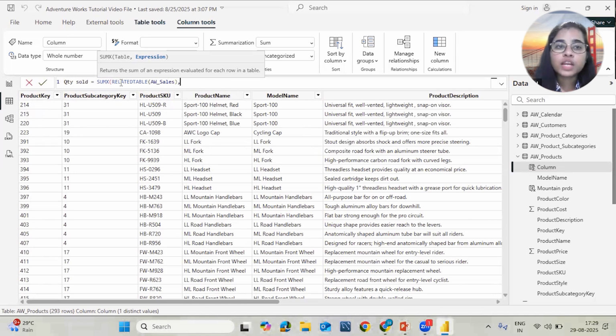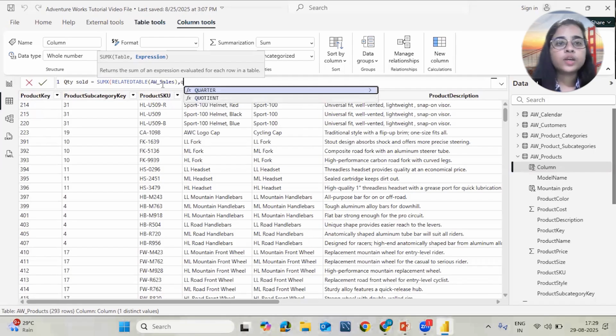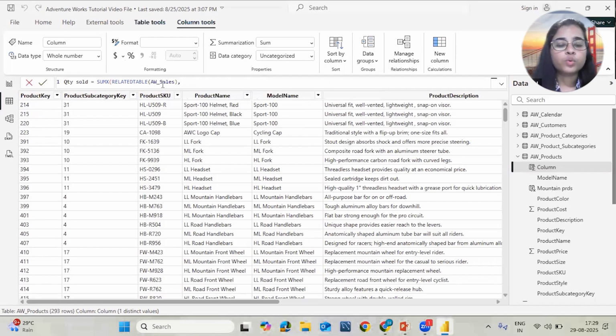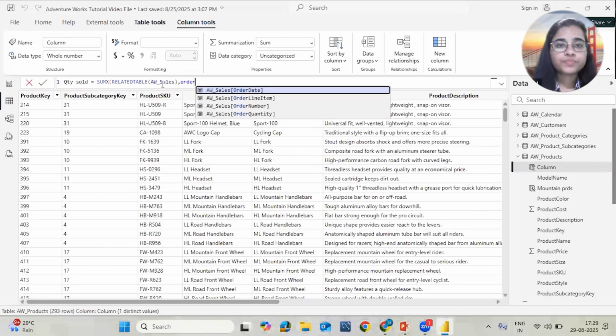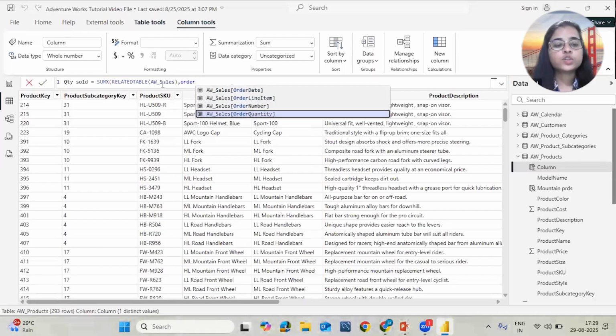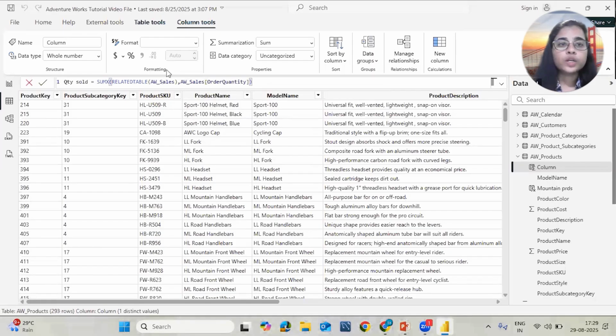It will use RELATEDTABLE to extract that. Now, if I want to write order quantity, I am getting AW sales order quantity. Now if I click OK,